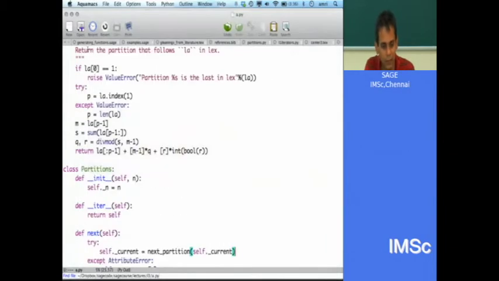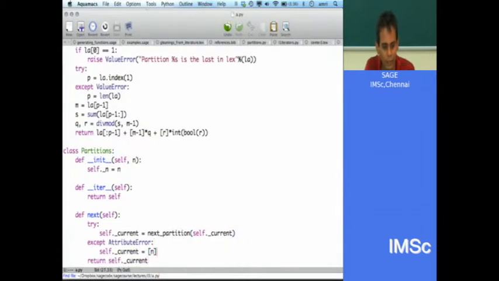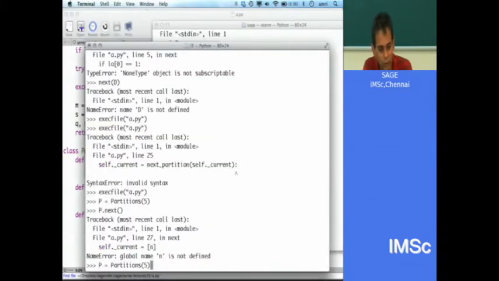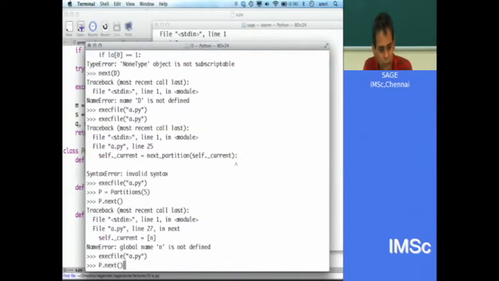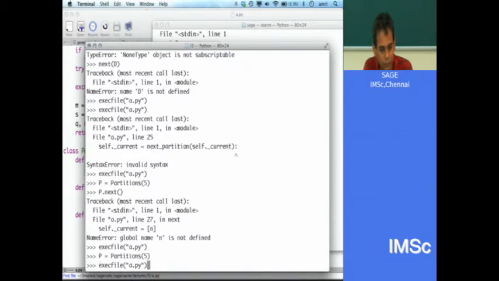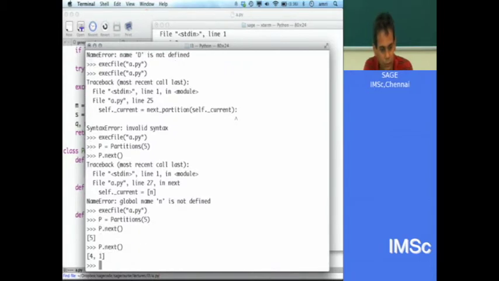Oops, it's name error. Oh, n is not defined, so I should say self dot n. But for the rest, it seems to be working. I think it picked up the attribute error. Great.